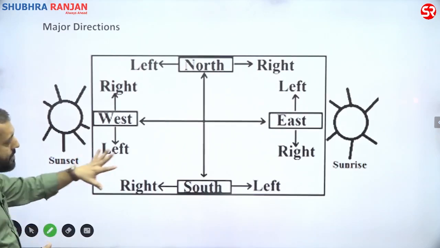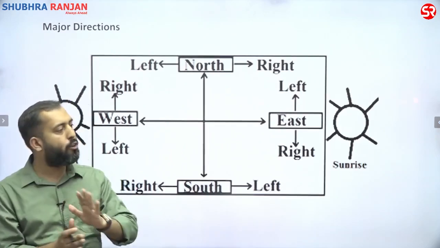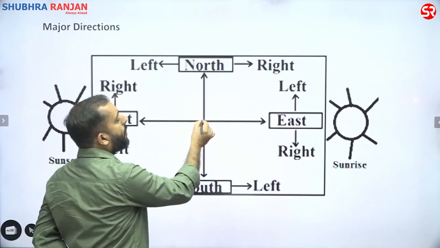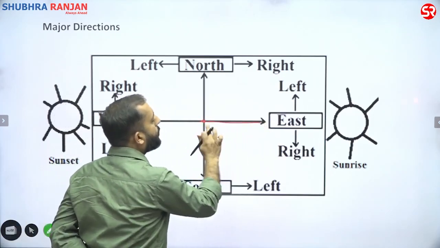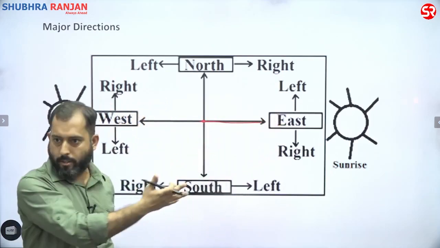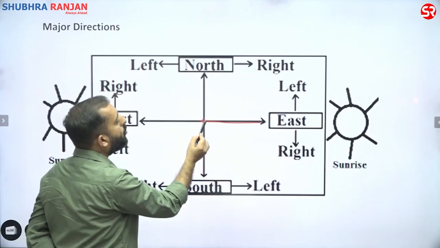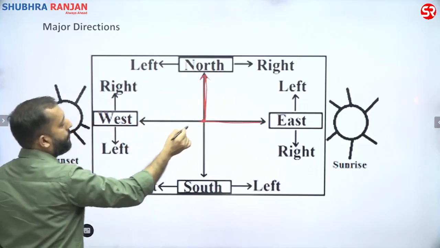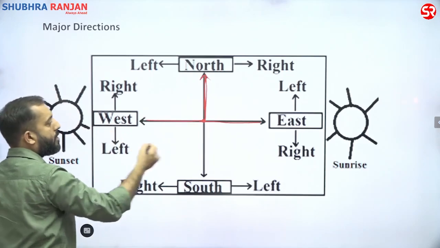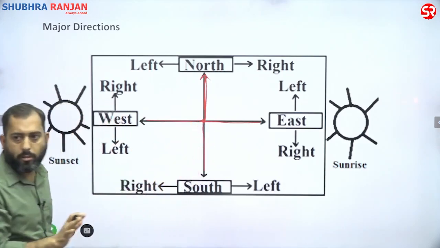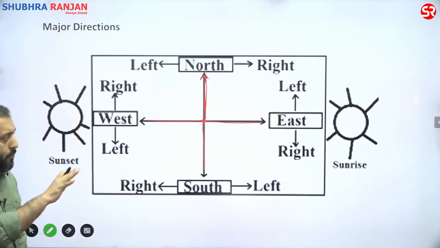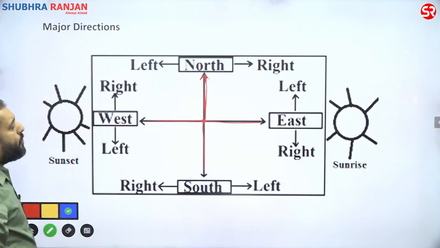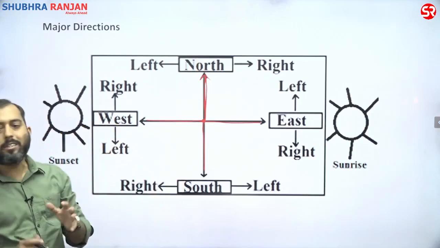I will take this diagram as a reference for solving all my questions. From a particular point, if I go forward, it means I'm going east. If I go upward, it means I'm going north. If I'm going backward, it means west, and downward means south. This is the standard diagram, and with the help of this, I'll solve all the problems. Okay. What else? We know east, north, south, and west are the major directions.